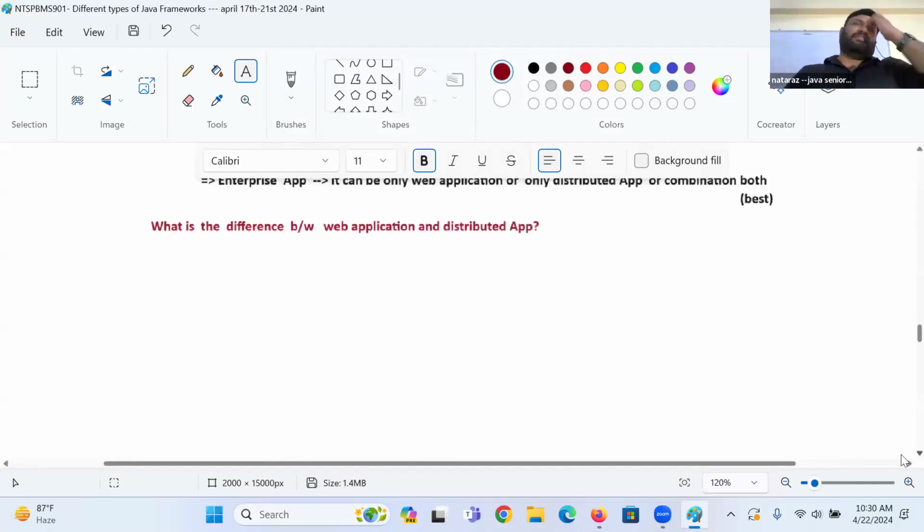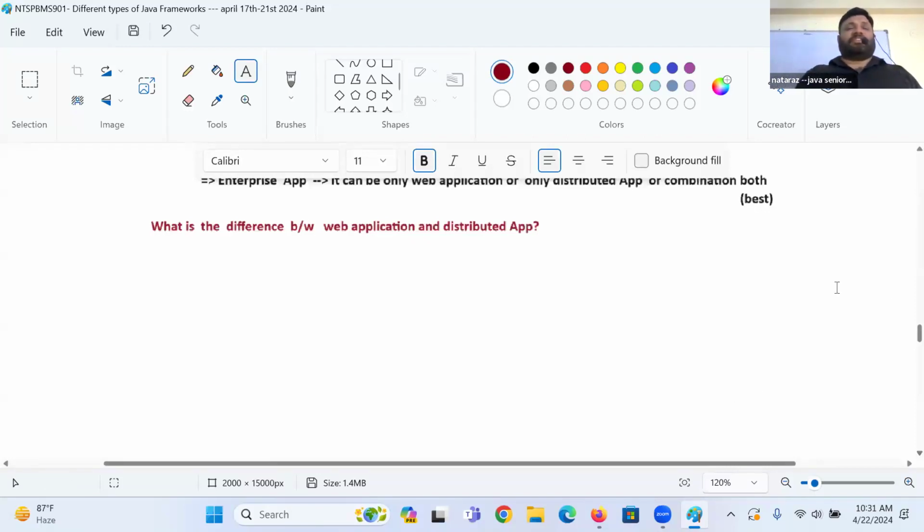I think there are some websites where the railway status, when a train is going, the train status will come. Railyatri.com, right? And there are many such applications, not just one or two. There are some websites which are used only for inquiry, not for booking. They are just websites. Can I call them enterprise applications or not?